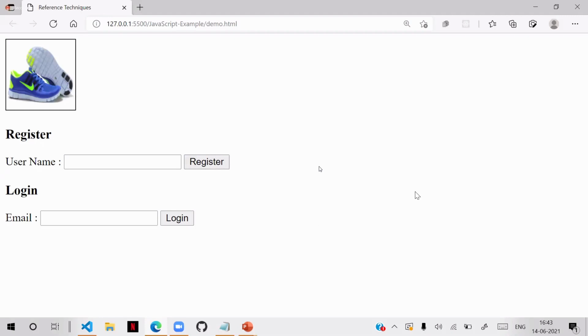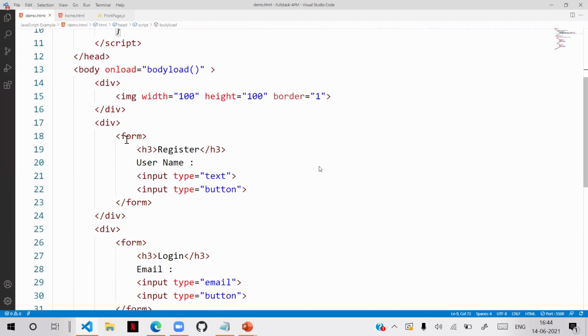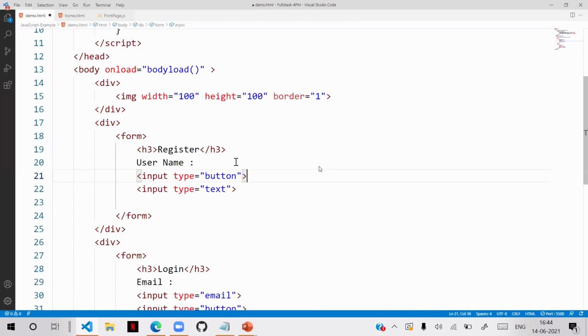For example, if I change the position of anything inside the page, say I move this button in register before the text box, then its index number will change.